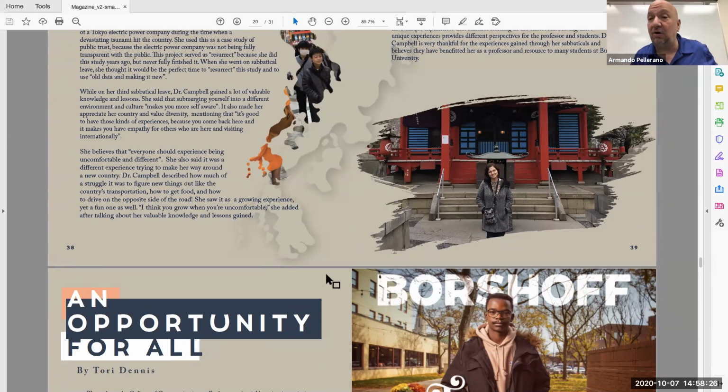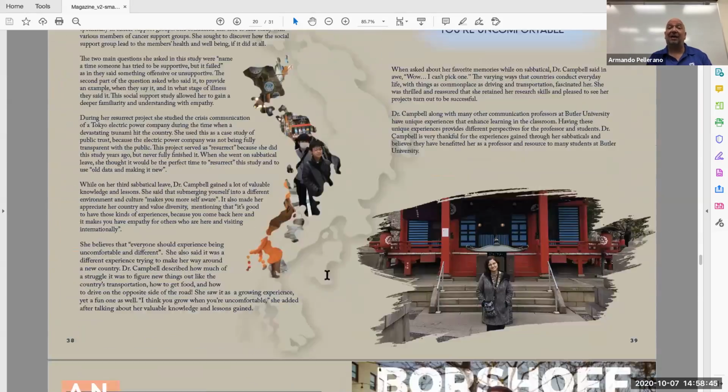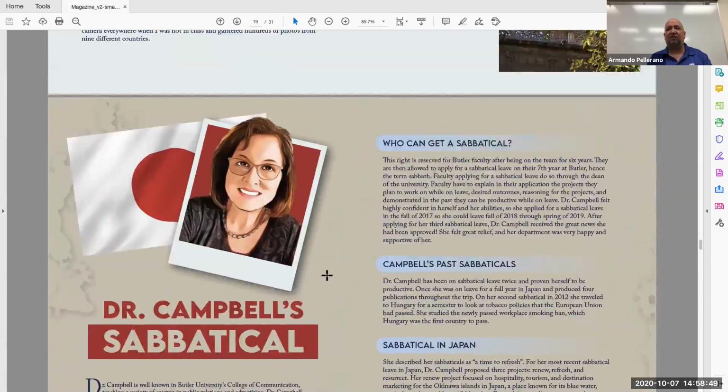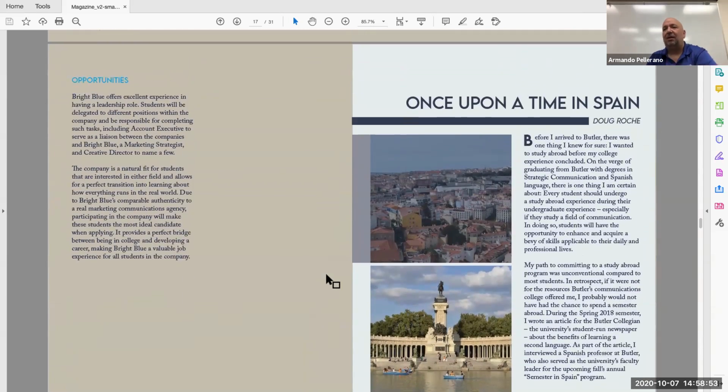Or at the end of every article, maybe you've seen this in magazines. In some magazines, they just put a little box or a little dot at the end of every article so that you know you've reached the end of the text. Anyone seen that before? You probably have. Maybe we have a little icon that we throw at the end of every article to help that. I still think if you're flipping through this quickly, especially online, it's going to feel like you're going into the same exact thing, just a different version of it. Or when we go to Doug over here, and I'm going to go back to Doug,